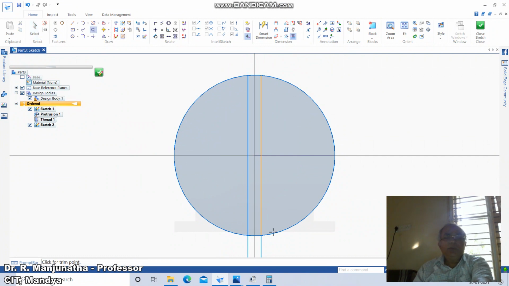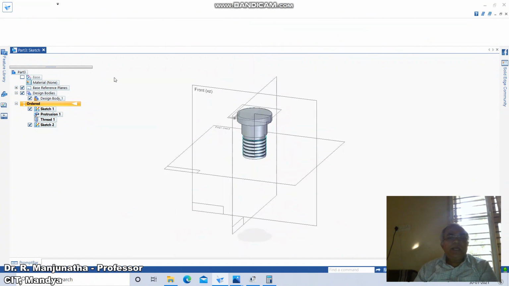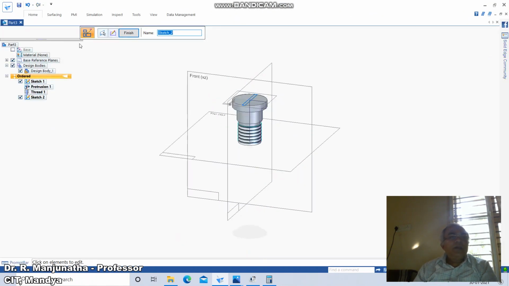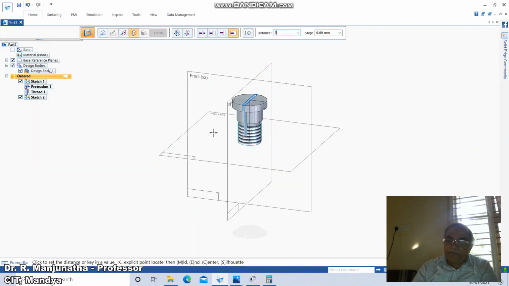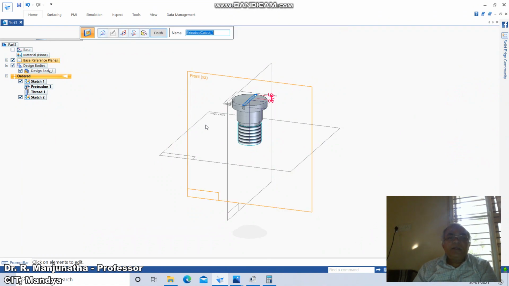So trim it on these two sides and go to trim corner between this and this, between this and this, similarly from this side and also from this side, and go to close sketch and go to home, click on cut. So click on this, accept and give it 3.5 and say cut it on this.